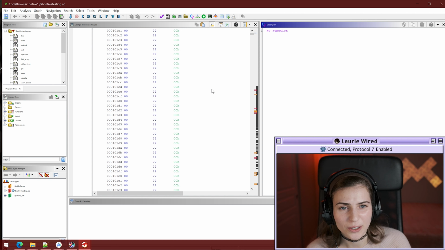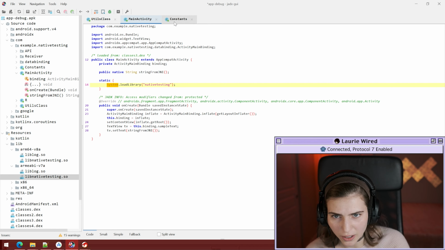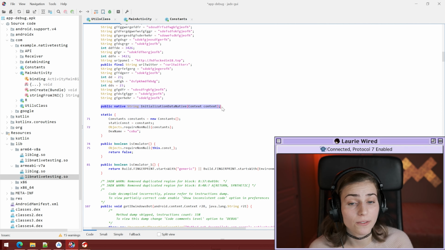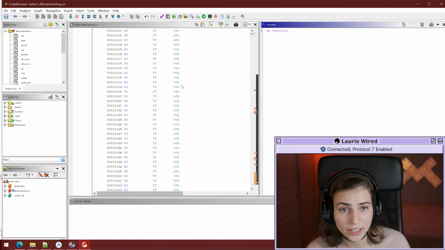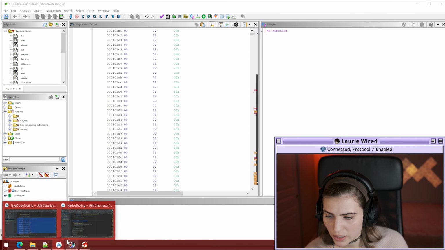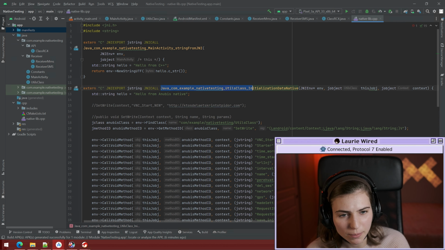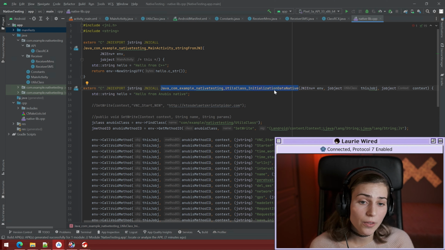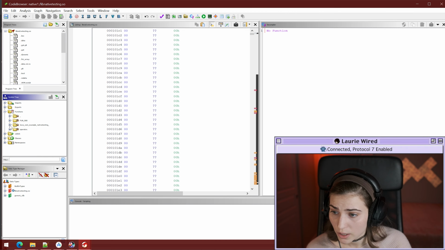So if we actually want to thwart this, we can take a look at where this native method is defined inside of the native binary. So we want to go back to Ghidra and do functions. And if you remember this really long class name that we had, this Java com example initialization data native, this is going to follow the same structure inside of Ghidra, so it's actually pretty simple to find. So we can do a plus here,